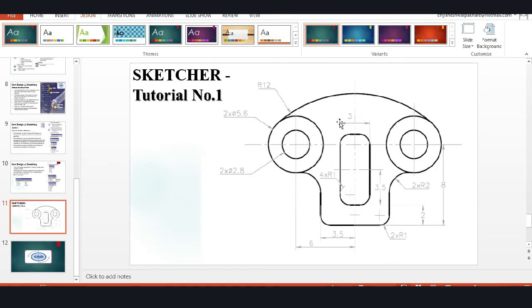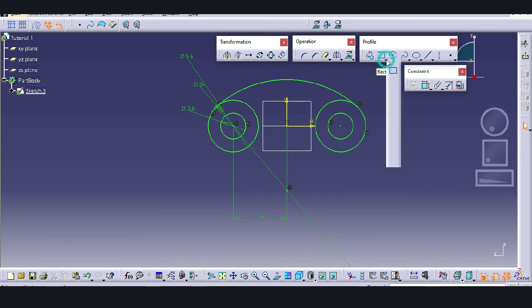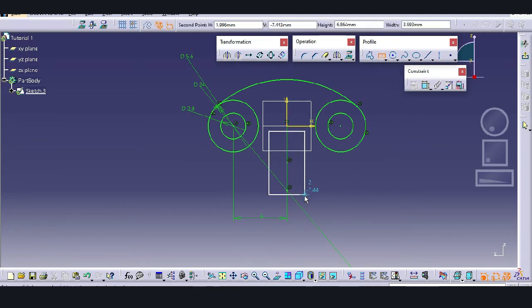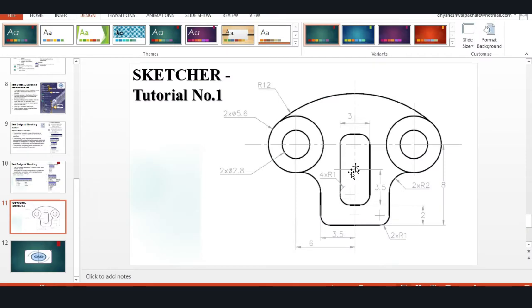Now we draw the center rectangle. Just select the center rectangle from the rectangle command, profile, center rectangle here. Just draw with respect to the center line, and the dimensions we will see. So this is 3.5 mm and this is 3 mm.